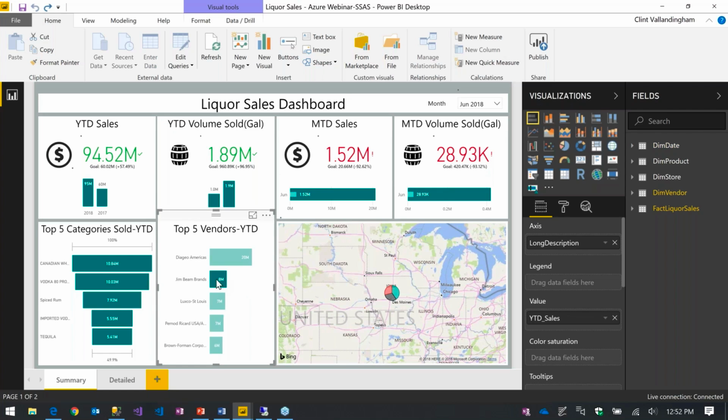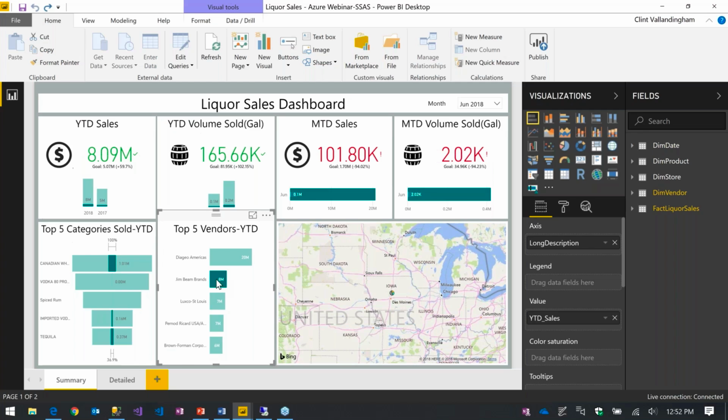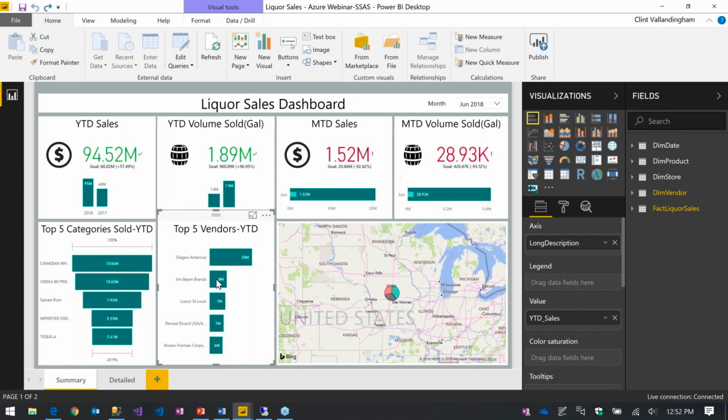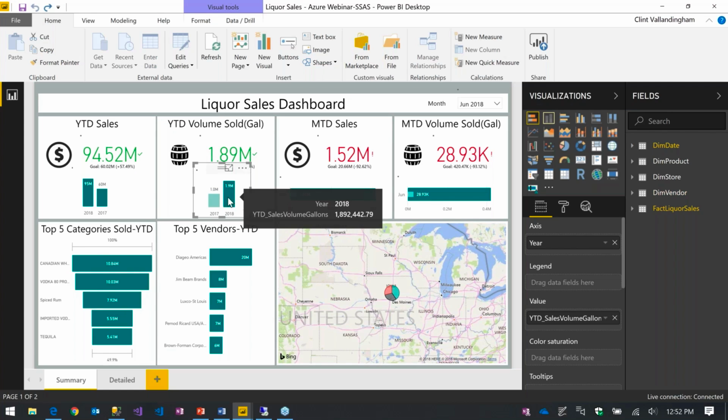I can click on that and all the other visualizations will jump too. So everything is now filtered to that. Click on it again, everything goes back. So everything is one data set behind the scenes, everything's working together. So very, very powerful and very configurable.